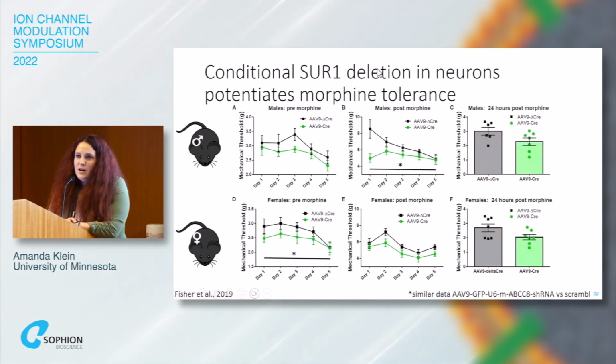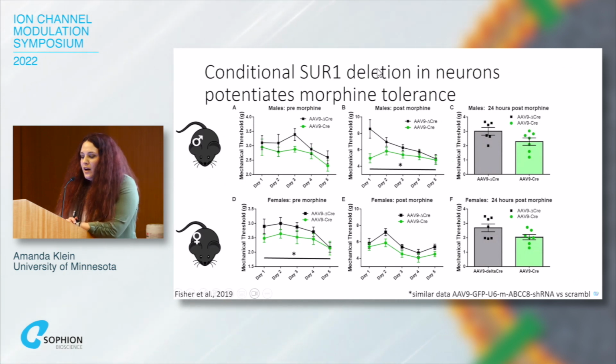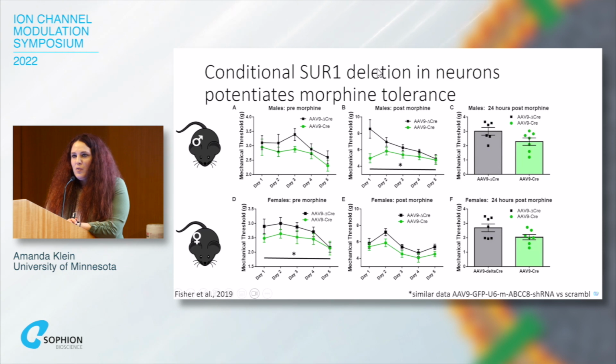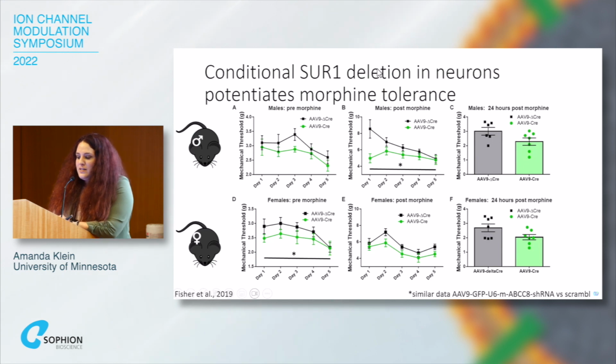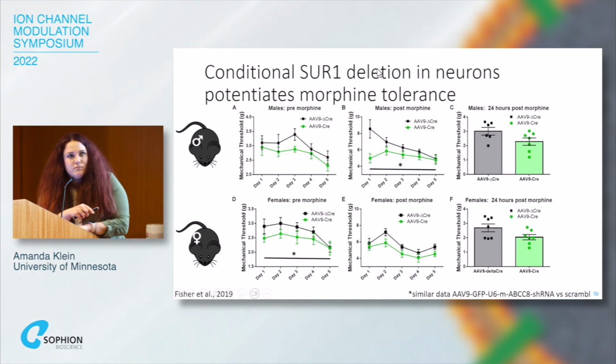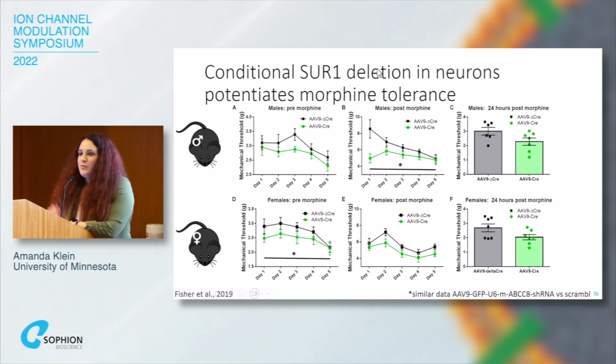We did see similar results when we looked at a model of opioid tolerance and withdrawal. In order to induce morphine tolerance in a mouse model, typically you give an animal morphine twice a day, morning and evening, for at least 5 days straight. Then you can measure the baseline responses of the animals before morphine every day, and then 30 minutes after. The pre-morphine plots are on the left and the post-morphine plots are on the right. Largely, you can see that the active virus animals, which are the Cre animals, have values that are all lower in comparison to the control animals.